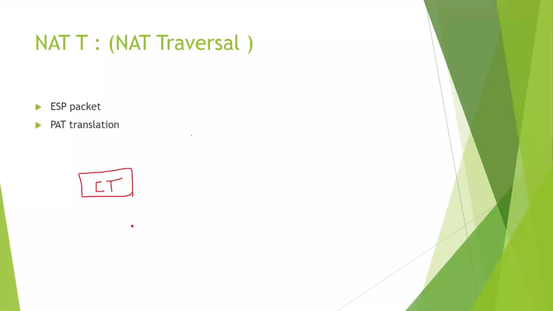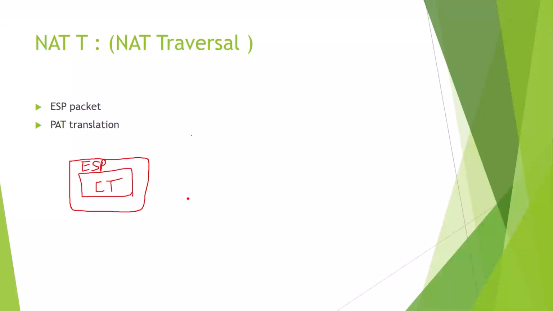To use the ESP protocol, we would encrypt this packet and put our ESP header and trailer over it. Now this would become our ESP packet. After putting that header and trailer, it would not be a normal clear text packet. That means it is encrypted now. It is encapsulated. Till this point, everything is fine.